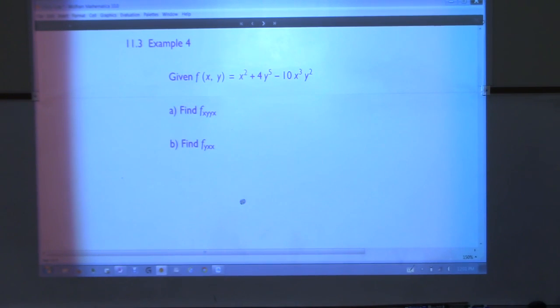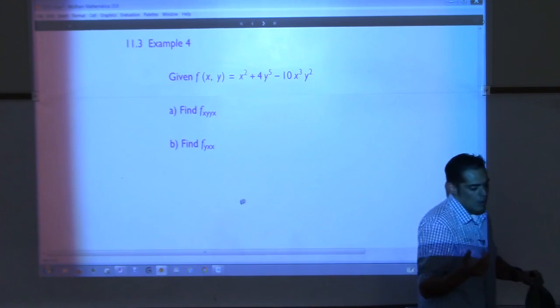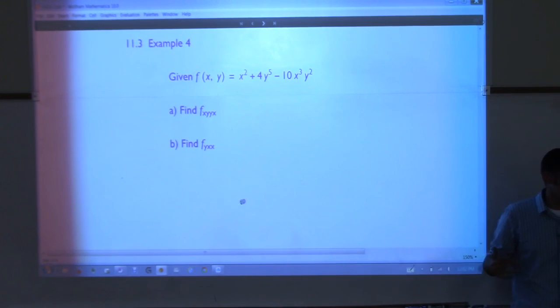Well, if we can have second partials, why not have third partials and fourth partials? Right? You can just continue following up with. Now, these don't actually have a whole lot of meaning in terms of concavity or anything like that, but mechanically, it's something we can do, right? And do you remember